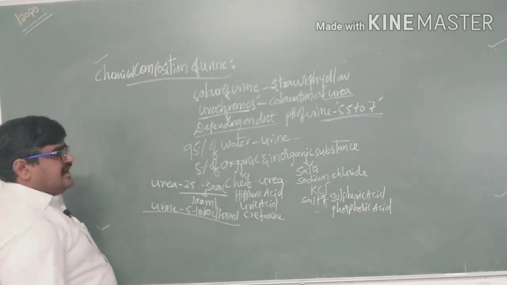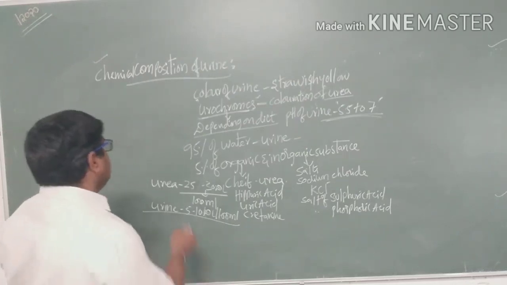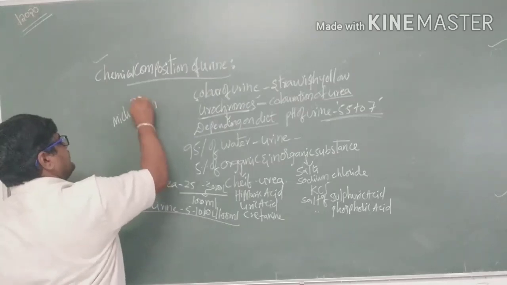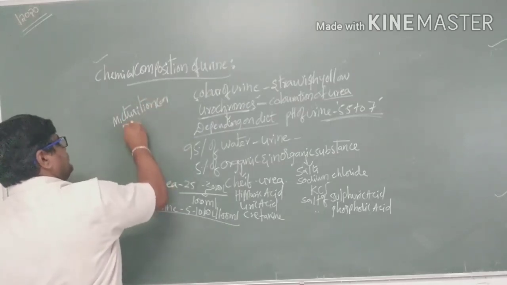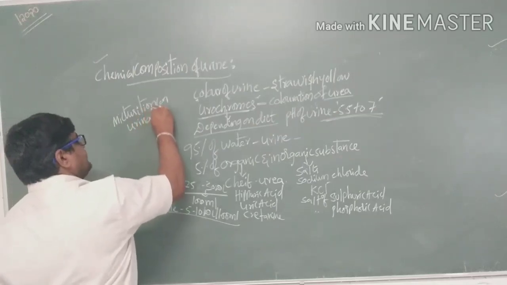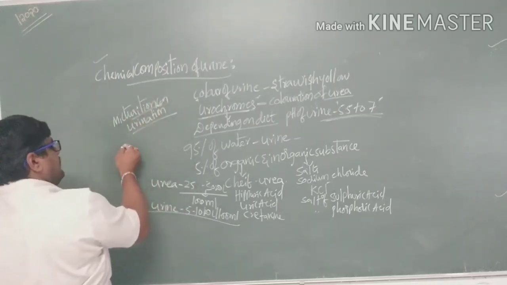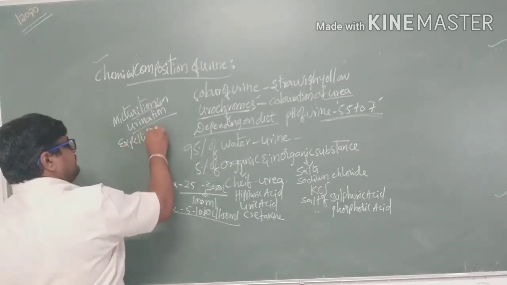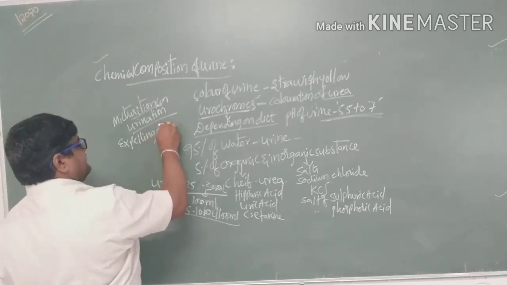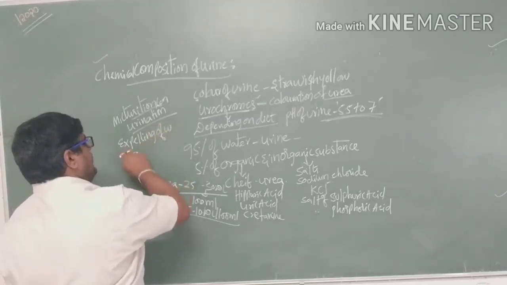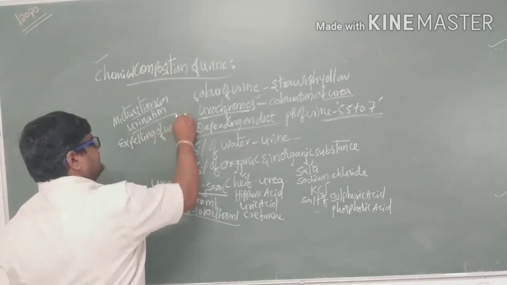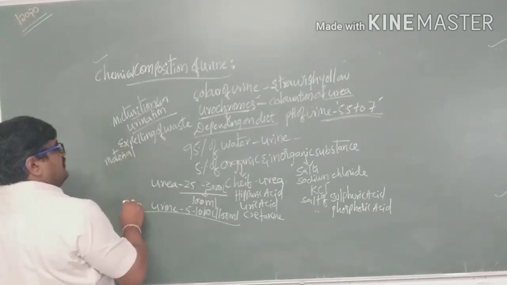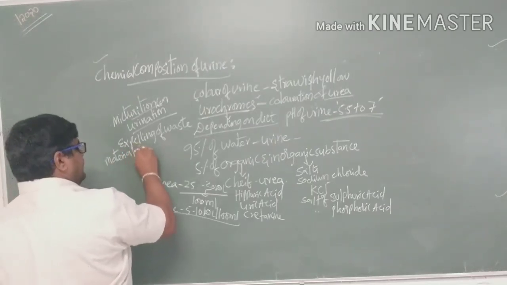And also the main process that takes place is micturition. What is micturition? Or otherwise we can call this urination also. What is urination or micturition? It is the expelling of excretory waste materials, expelling of waste materials through the